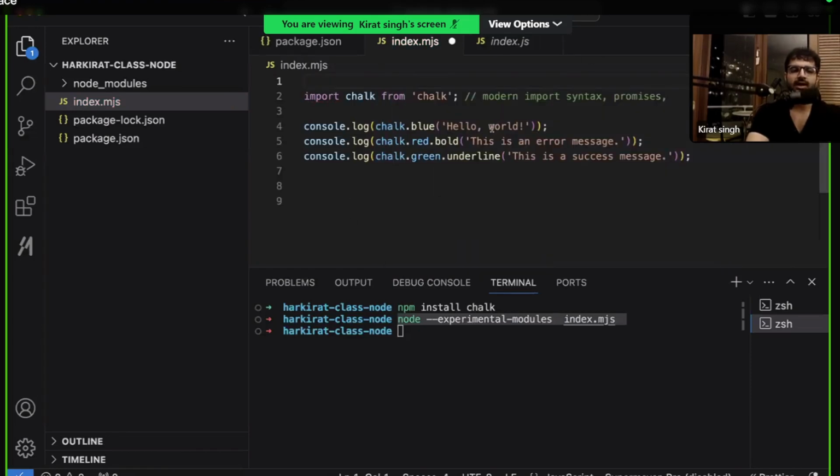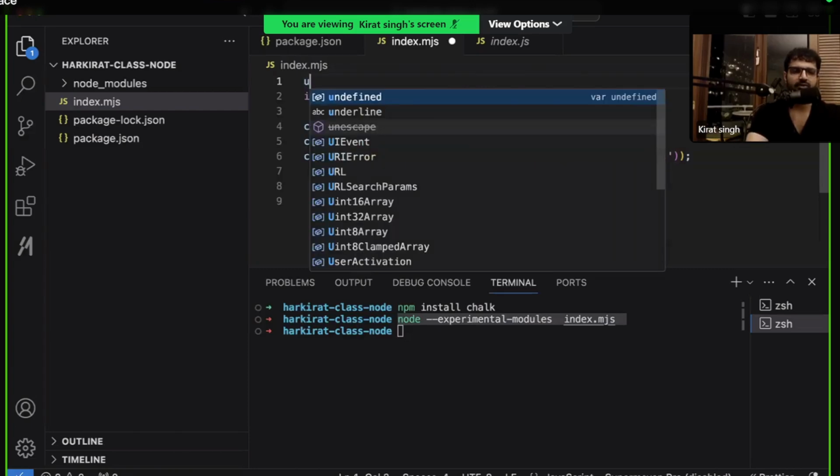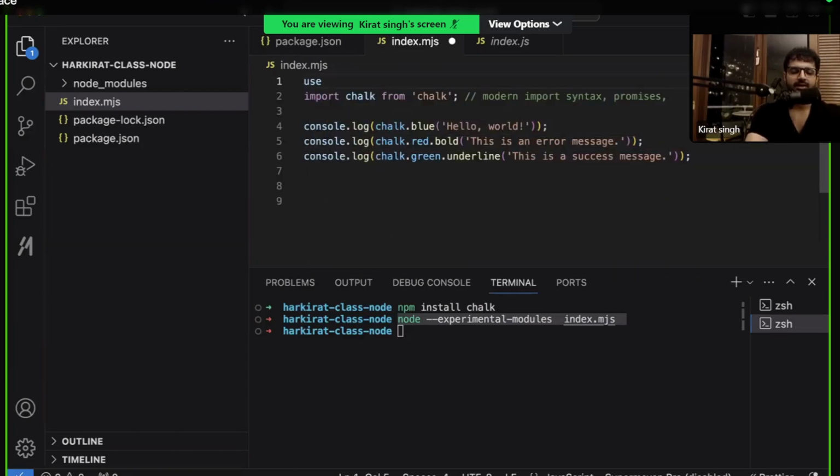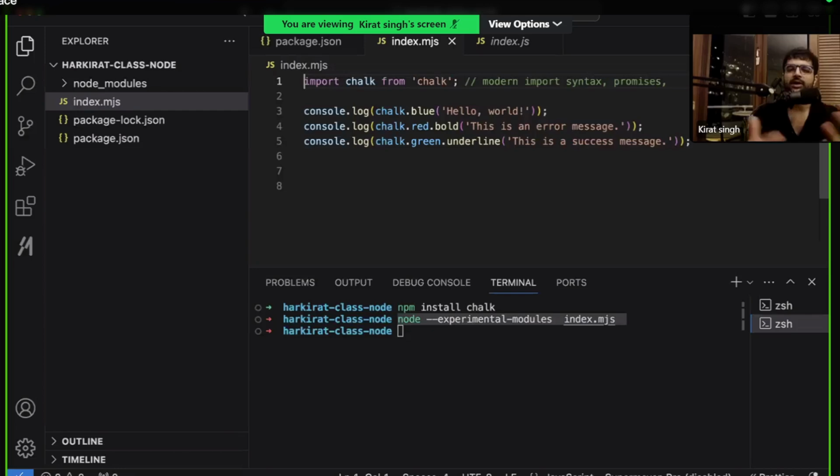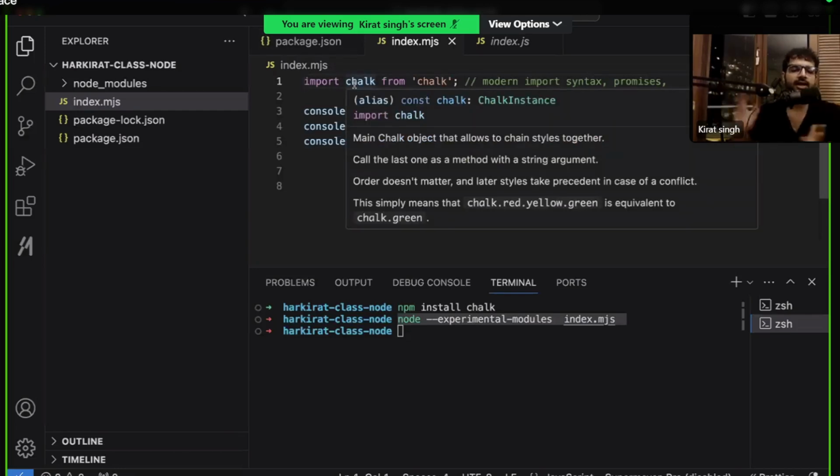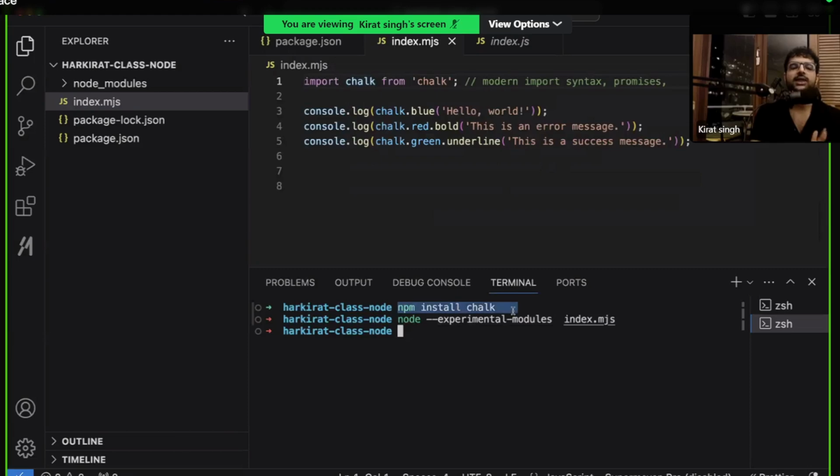If you have used Rust, you've probably used Actix web or something like that. You brought an external module to your own code base. I don't even remember how it's done in Java, but most languages have this concept of an external module. In case of JavaScript, this is how you install this external module locally, and this is how you can use Chalk specifically. Every language, or every library, will have its own set of syntax.